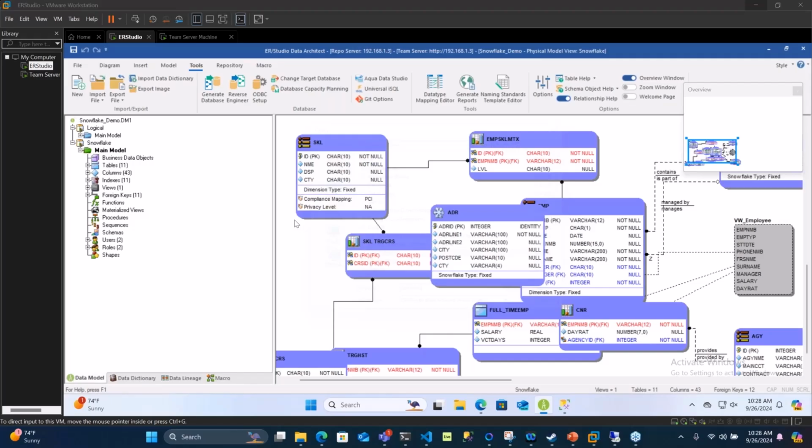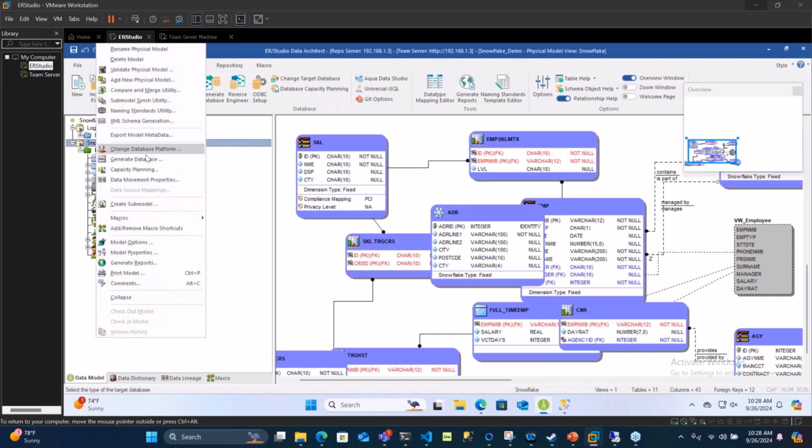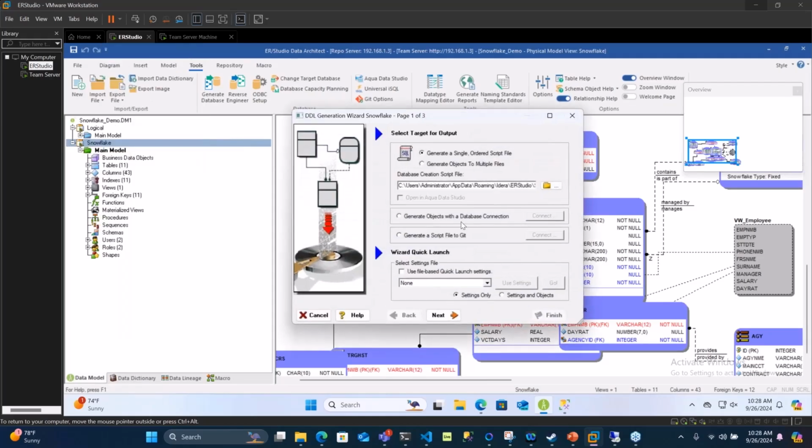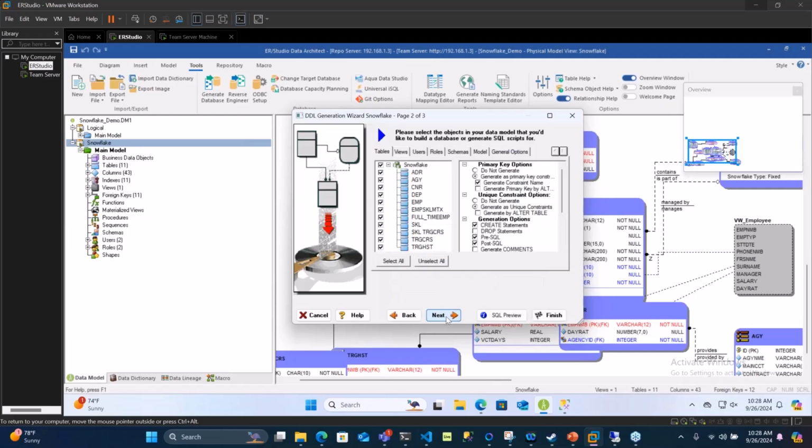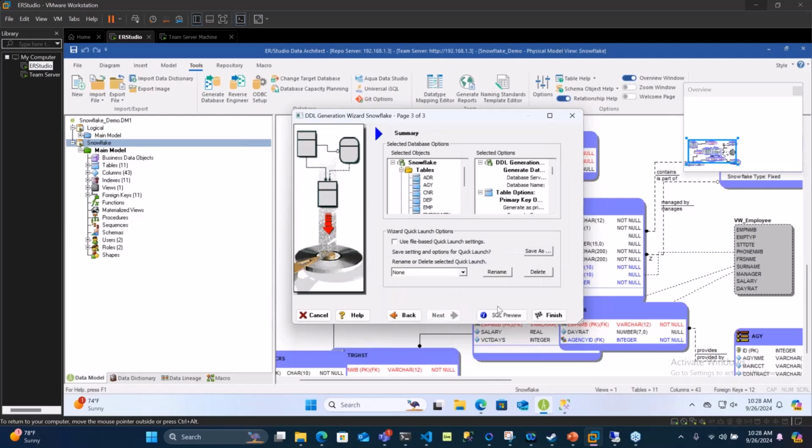All right. Yeah, absolutely. I can show you how to create the alter scripts. Does the DDL from Snowflake platform have the ability to create or alter? Yes, it sure does, Meenakshi and Mark, and I will show you that. So how it would work is you will have to have access to a Snowflake instance. And then when you choose generate database, you will choose connect to an existing database connection. So here I have Snowflake, so I'm going to just connect to it. And here, once you choose the tables that you have from your model, you can then choose